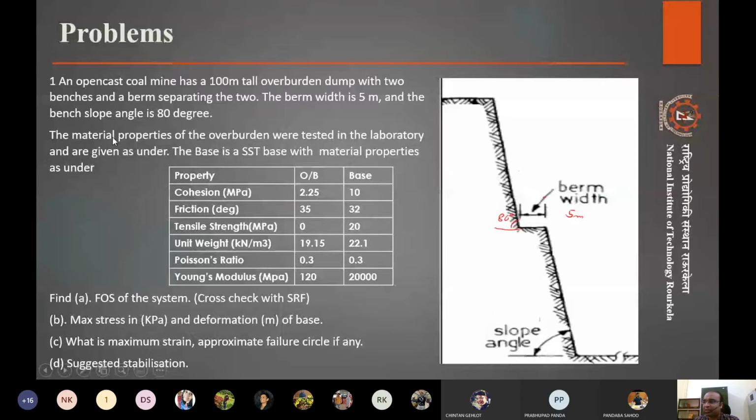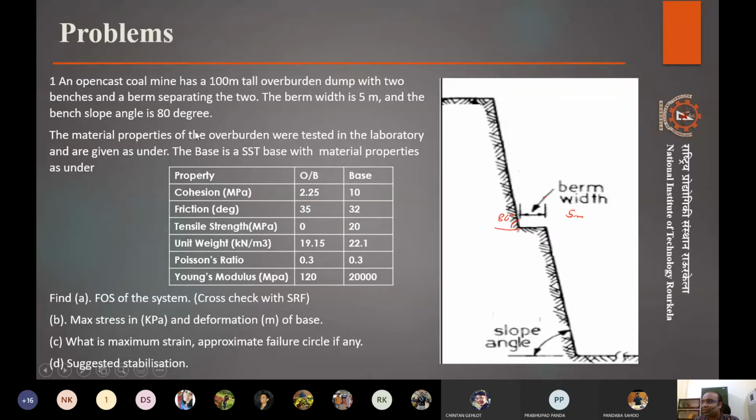Second thing we have to do is we have these material properties. So we have two different materials, base and overburden. So we have to construct a base, right? In the simulation part, we have to construct a base as well. So apart from whatever is seen, we do have a base also. And then we have to do the actual simulation work.